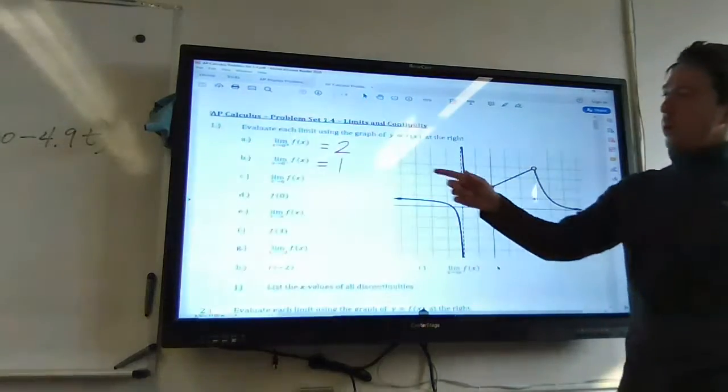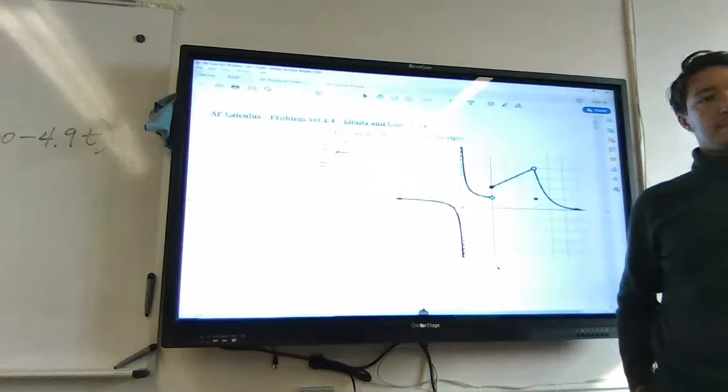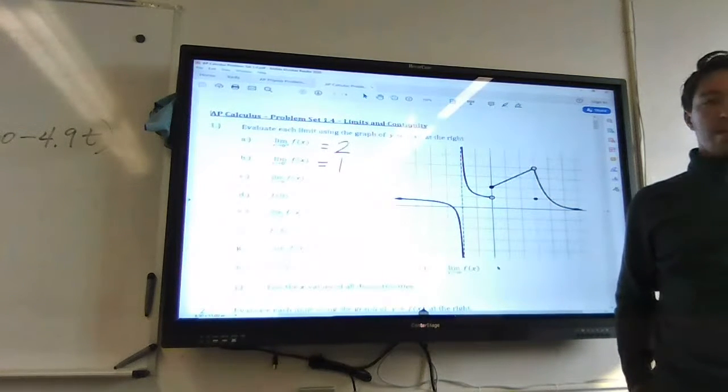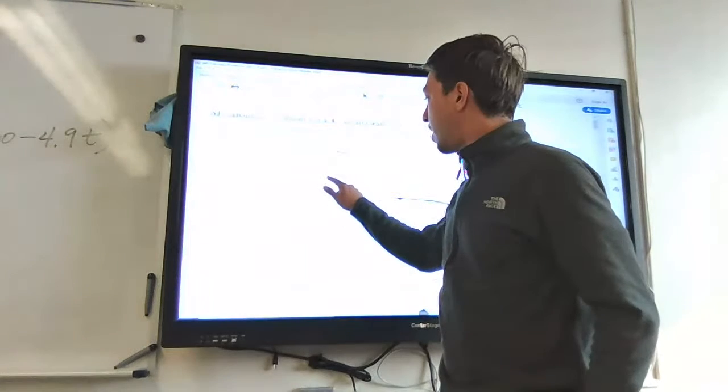Okay, so now what's the limit as x approaches 0 then? Does not exist, or undefined is technically fine, I think, but usually we'd say the limit does not exist, just